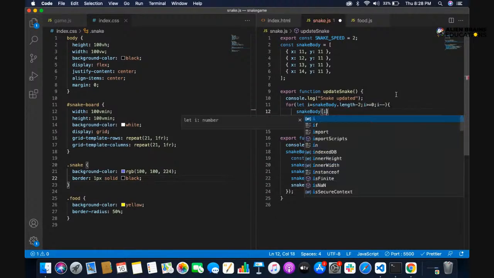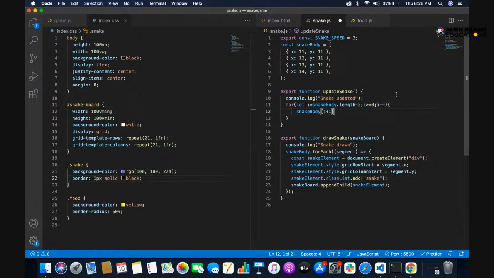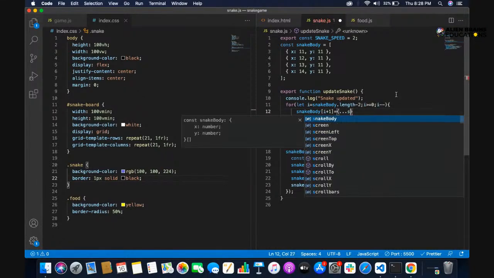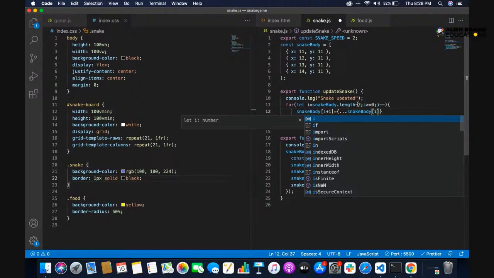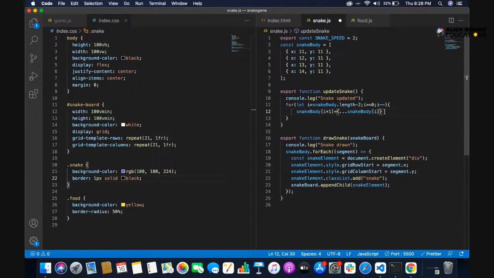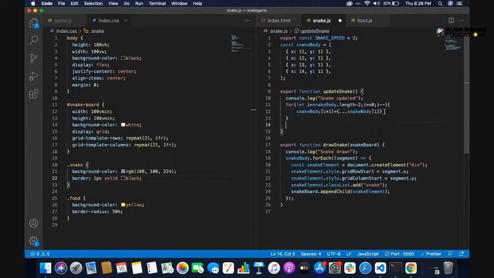For this snake body i plus 1, it will be taking the earlier one. Why did I use the spread, dot dot dot? Because I don't want to affect the others. Only one of them I will be affecting. If I did only one, it would get affected for the entire thing. This is snake body one like this. It's working here, and then snake body